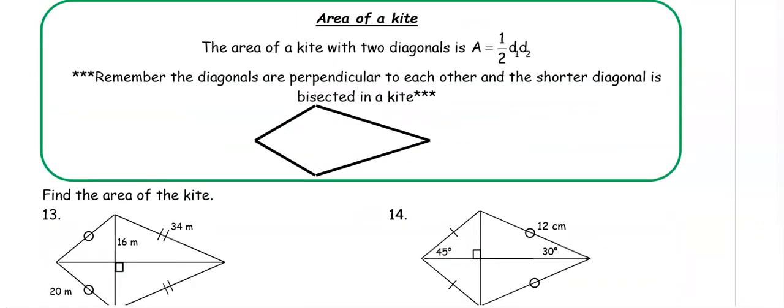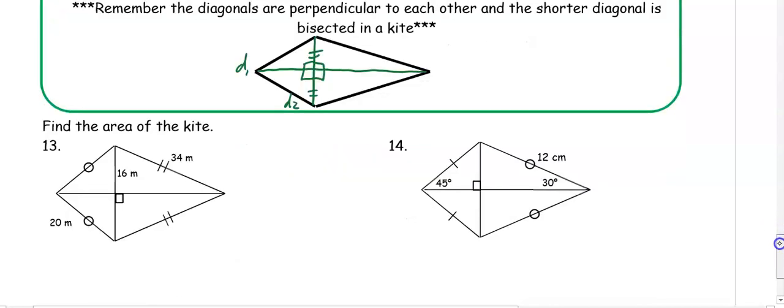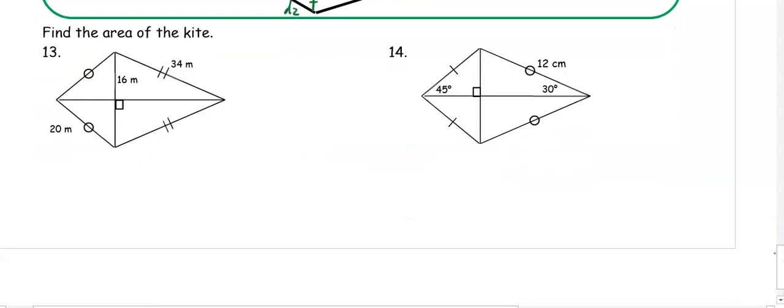So a kite uses the same equation as a rhombus. The area of the kite is equal to 1/2 diagonal 1 times diagonal 2. Okay, again, it doesn't matter which one the diagonals are. Remember that they are perpendicular to each other and that the shorter diagonal is bisected. So in number 13, if we want to find the area of the kite, we know that this diagonal, because